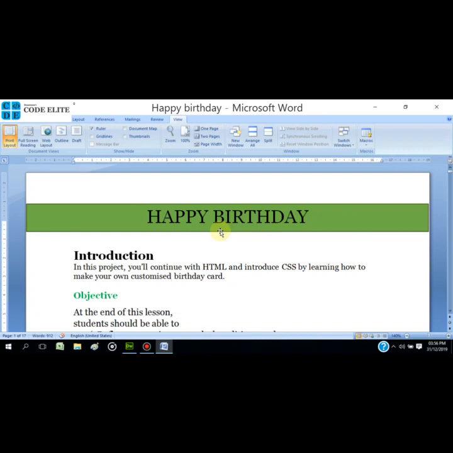Okay, so this is another tutorial on web design. Remember, last time we looked at an introduction to HTML and CSS. So we're continuing